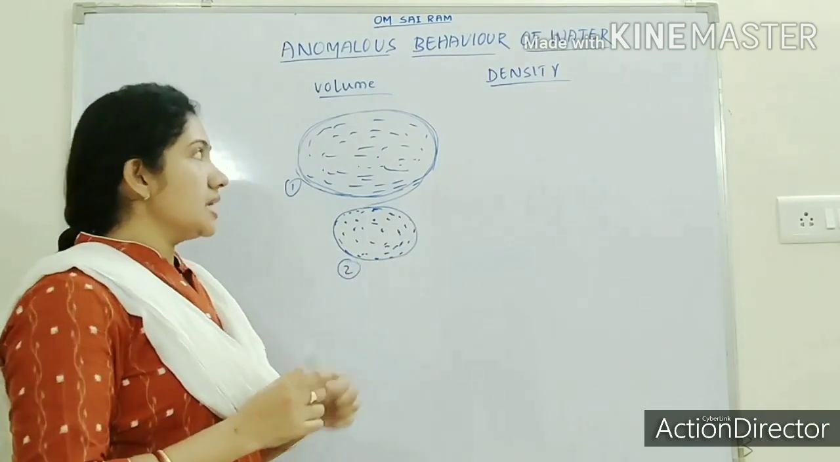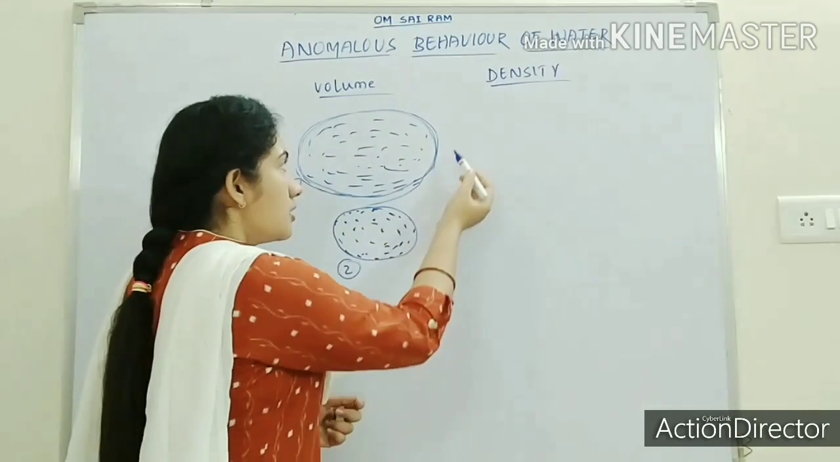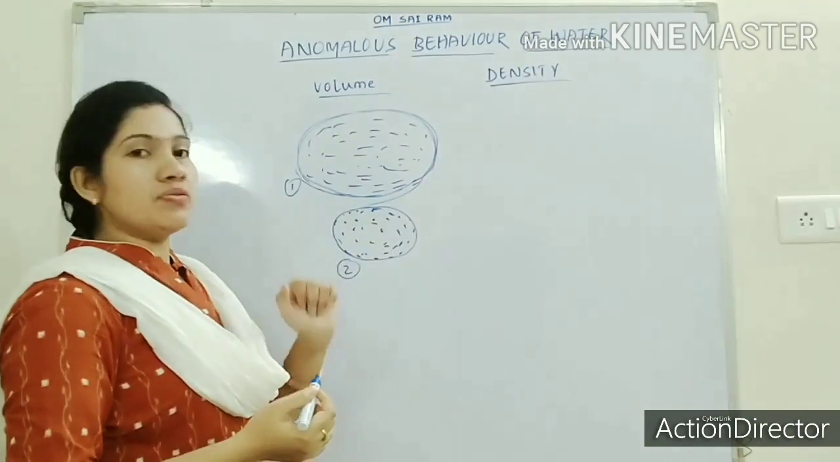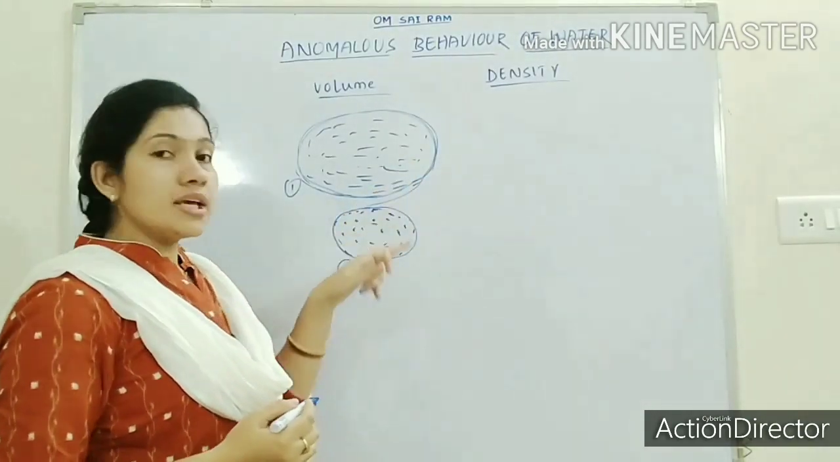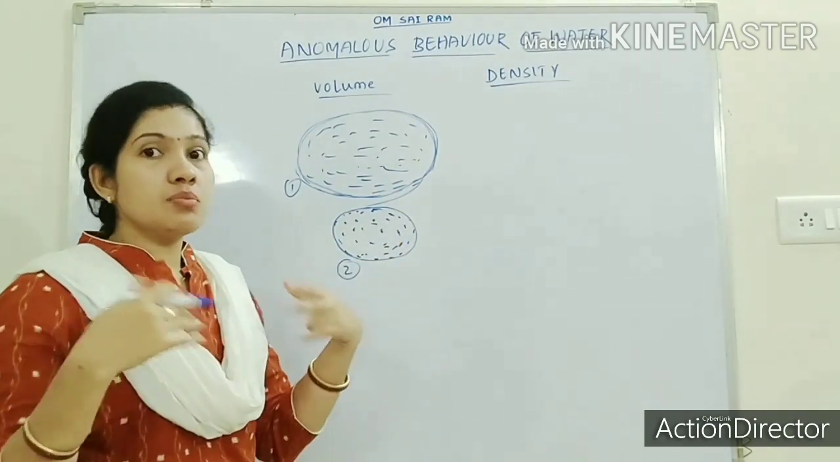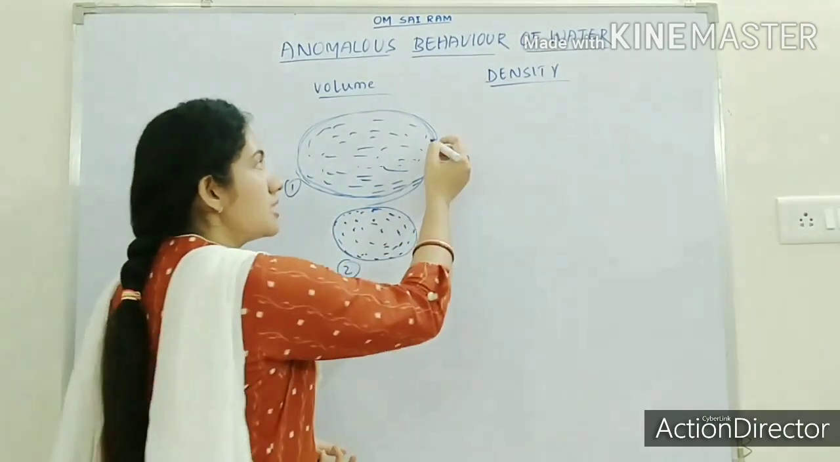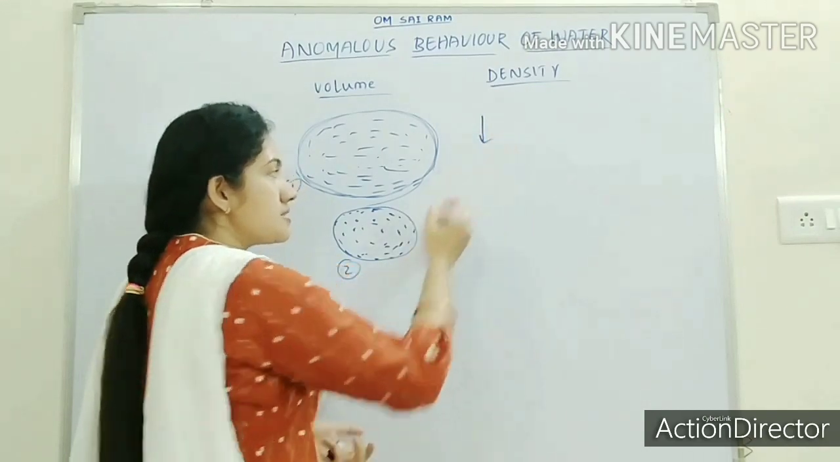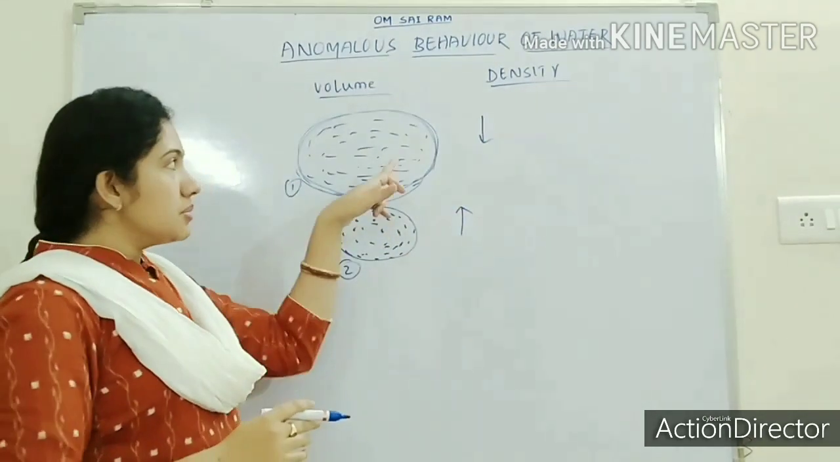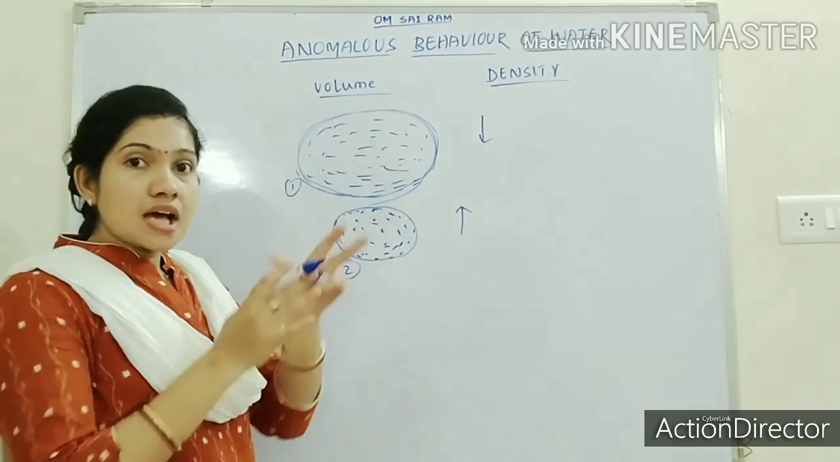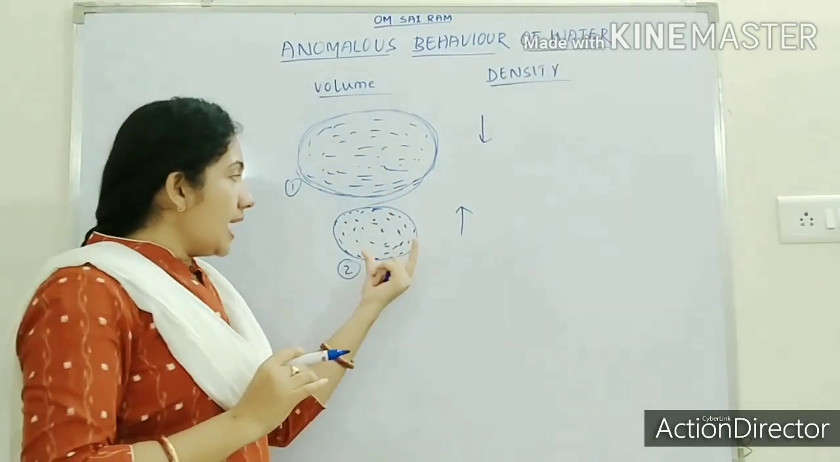Okay. Similarly, when the water is in its liquid form, then what about its density? Already I said, the more the closeness of the particles, the more the density. Means here the density will be less and here the density will be more. Isn't it? Because here the particles are far apart from each other and here the particles